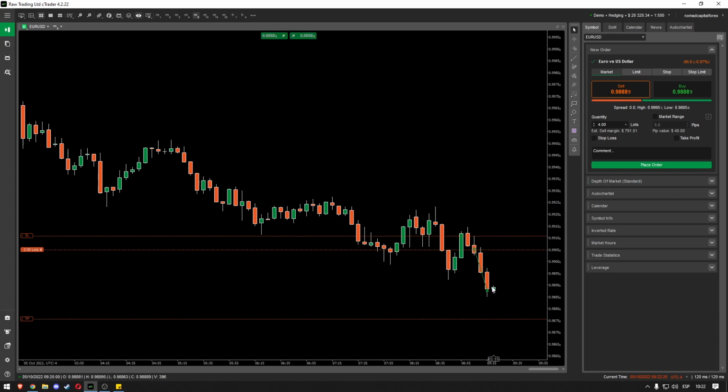Target is still the same. Took some partials. Do keep in mind that, as an example, I've made it 1.5%, a little bit more than 1.5. Theoretically, it should have been 0.75, because I'm risking double. I'm risking 2% instead of 1%, which is not bad, but it's not what I would have risked. So it is what it is. I closed that and I still have 1.5% running, as you can see right here.